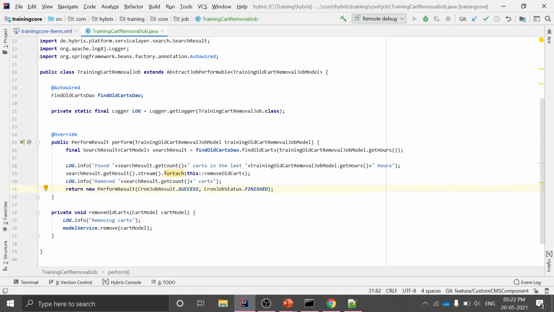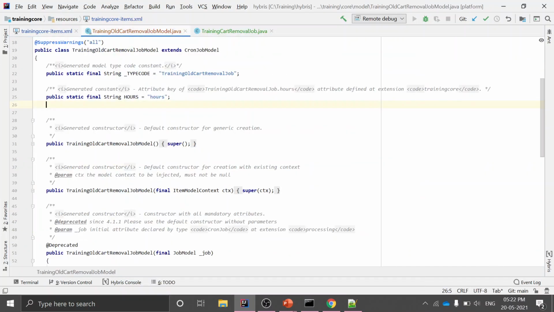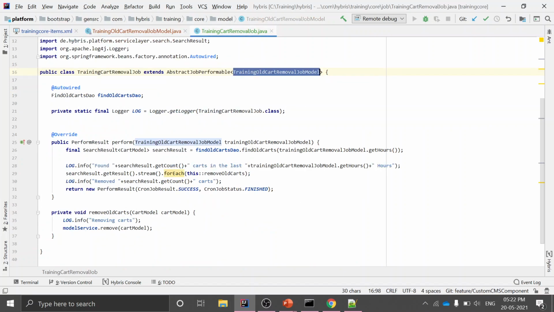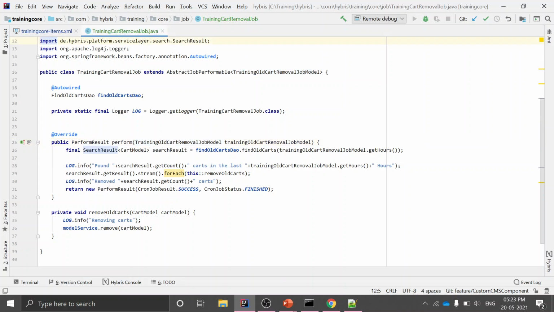Now the difference between this one and the other one is, instead of passing the out of the box cron job model, I am passing my own cron job model which I have created here. So this is my item type, and for that one model class is generated, this one, training old cart removal job model, that I need to pass here in this perform method, so that I can have access to my new attribute which I have created.